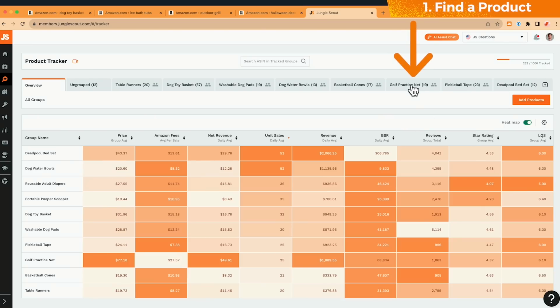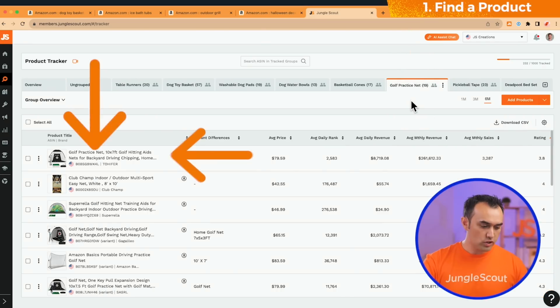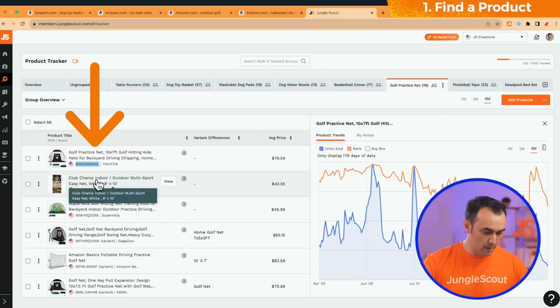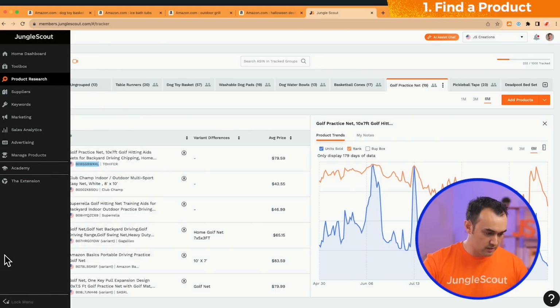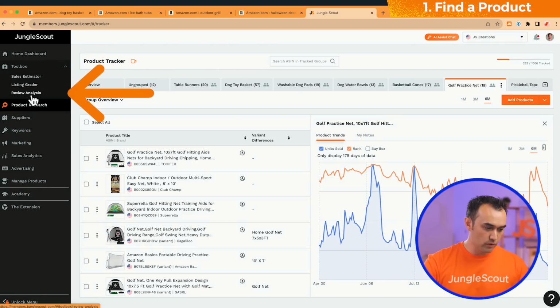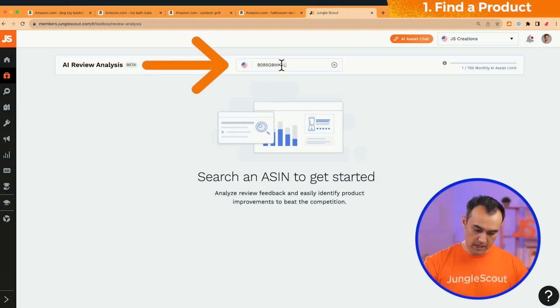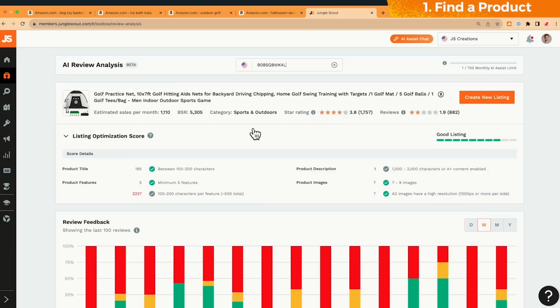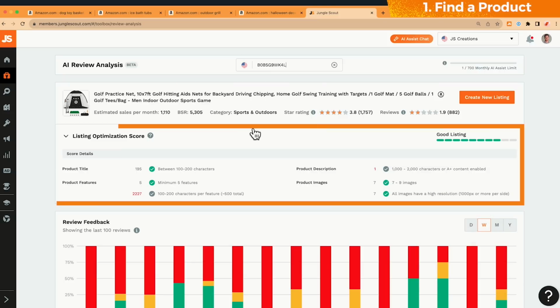So we're going to come over to this golf practice net. We'll just grab one of the ASINs here of one of these products. So we're going to copy that one. And to get to review analysis, we're going to come up to Toolbox and then review analysis. Paste in our ASIN. And now we get a lot of really cool information. So at the top here, we've got our listing optimization score. We're not going to worry about this right now. This is information that would be really helpful if we do end up launching this product